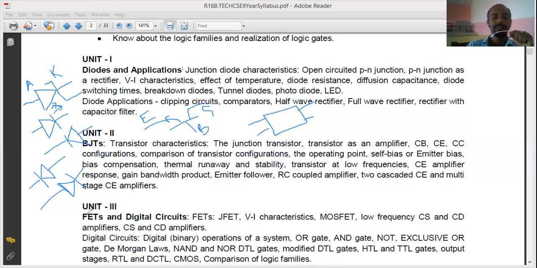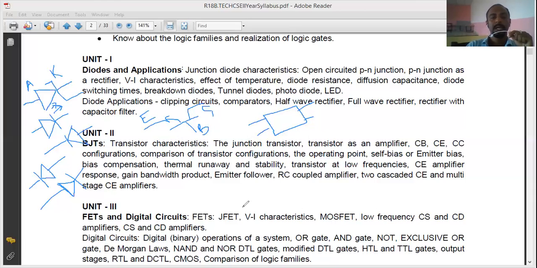Again, FET is a three-terminal device. The three terminals are called source, gate, and drain. Now, as I said, for the transistor, I require two inputs and two outputs. So I should treat one as common. So you have the common source, common drain, and common gate. Common gate is not normally used. Common source and common drain are the configurations that you will be using.